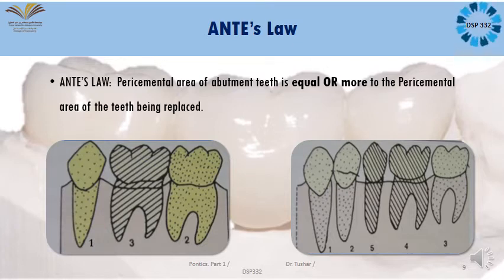There are certain situations where you are not in a position to do this. Now if your molars and premolars are missing, both the premolars and one molar, then you have to think regarding Ante's law. So there are different conditions where you have to obey Ante's law. If you satisfy Ante's law, you will have 100% assurance that your prosthesis will work for a longer period of time. Understood? Right. When we go ahead, you will understand. Don't worry.